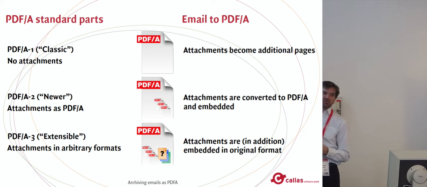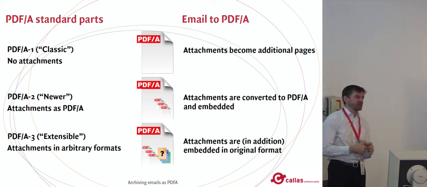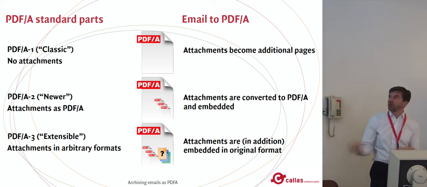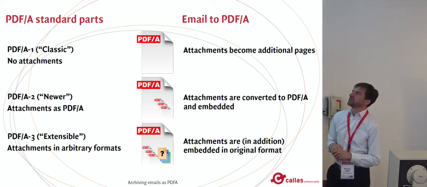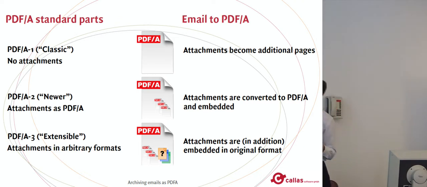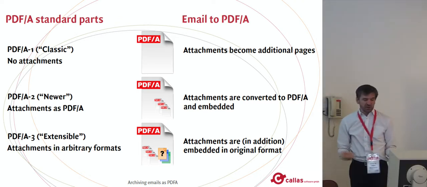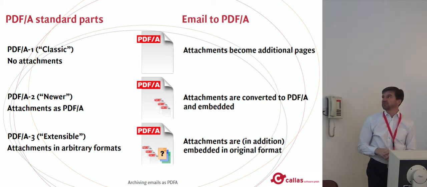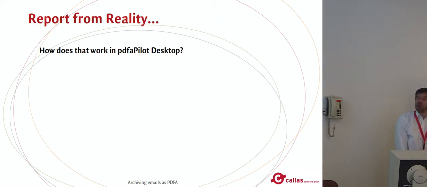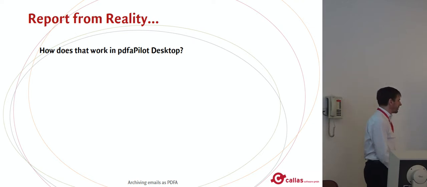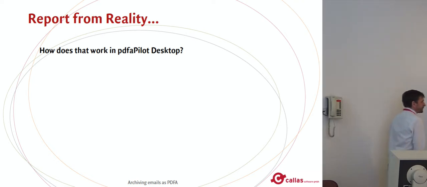Assume we receive an email together with an Excel file. We need to convert the Excel to PDF, or we can convert the Excel to PDFA and embed both into our PDFA file so that we are still able to use the Excel spreadsheet as an Excel spreadsheet. Right. So far, kind of theory, and now I'm handing over to my colleague Marc for a more practical demonstration.